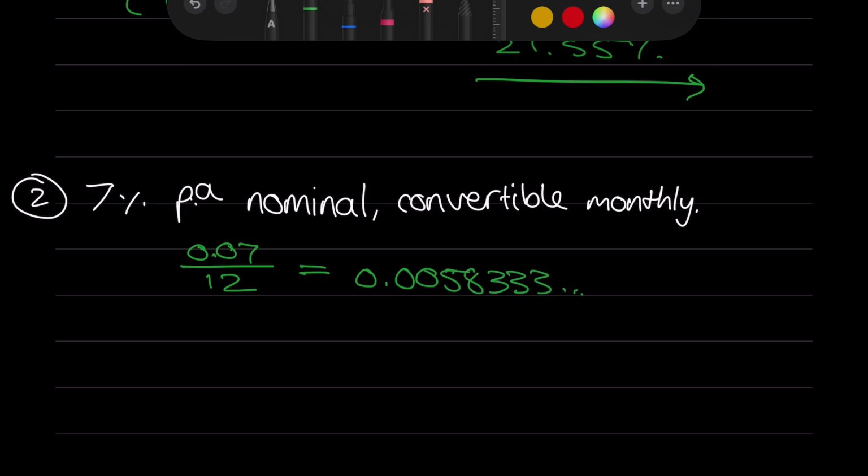So this is a monthly effective rate now. To get this to an annual rate, we're just going to go 1 plus 0.005833, whatever, to the power of 12 minus 1 equals,